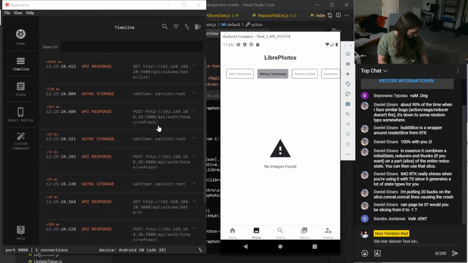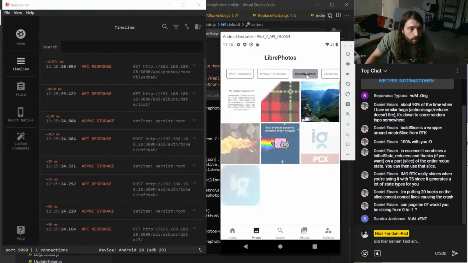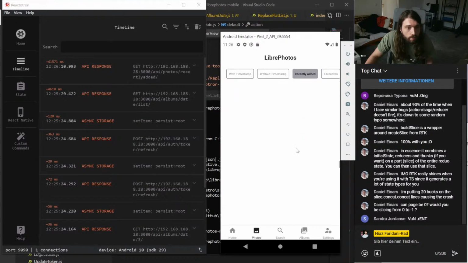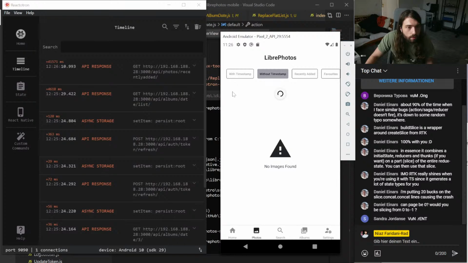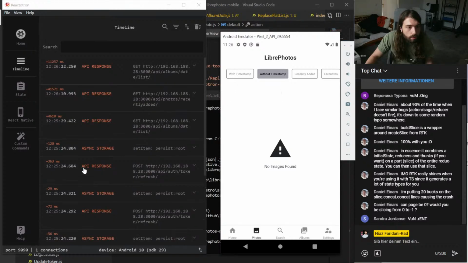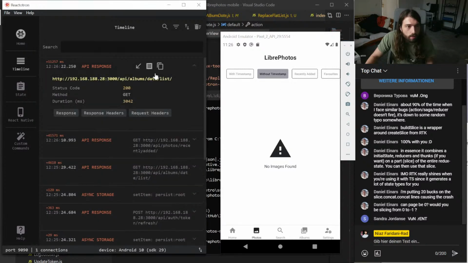So let's check out the backend if something gets executed or not. So recently added also still works, that's good. So timestamp. Why does it execute API album stateless?